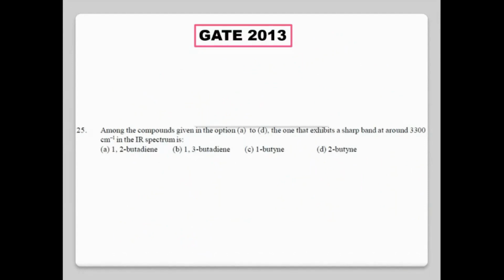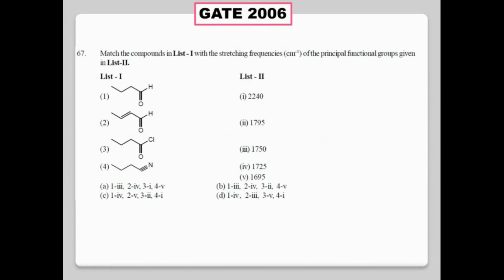Okay, tell me this. Very simple. 1-butyne. Very good. Why not 2-butyne? Because there is no C triple bond CH bond. This corresponds to what? Terminal alkyne, C triple bond CH. So 1-butyne, terminal alkyne. Just keep that in mind. Okay, so maybe we'll continue in the next class, with the problems in the class. See ya.